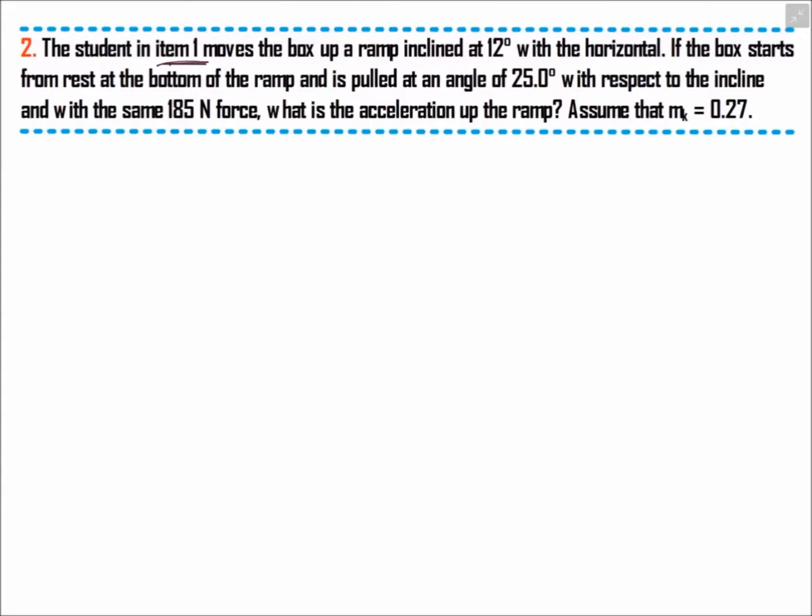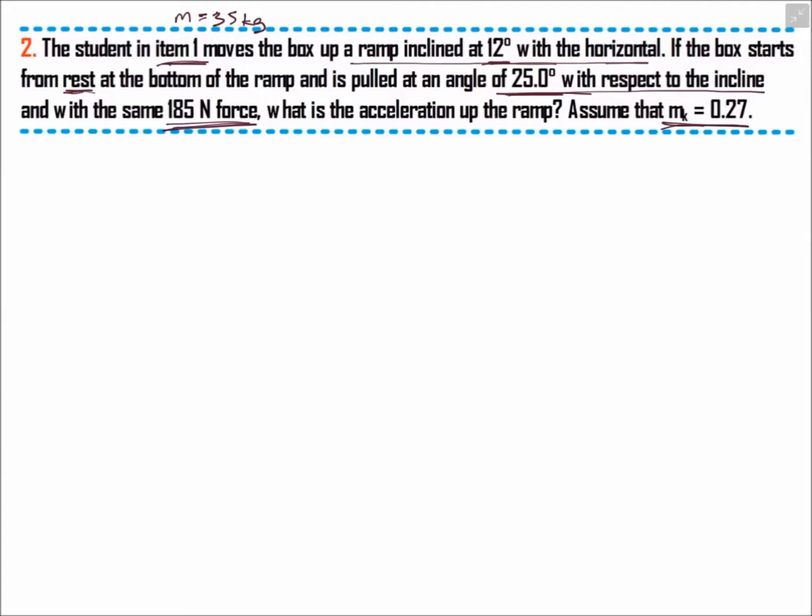In this question, it says the student in item 1, that means the first question, moves the box up a ramp inclined 12 degrees. In the previous question, the mass of the object is 35 kilograms. If the box starts from rest at the bottom of the ramp and is pulled at an angle of 25 degrees with respect to the incline with the same 185 Newton force, what is the acceleration up the ramp? Assume that mu k equals